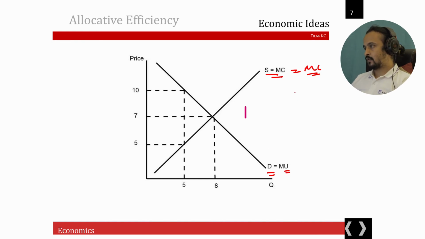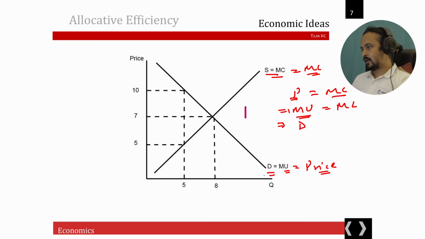So let's go back to the price equals MC equation again. Here marginal utility, or the demand curve, often represents the price the consumers are willing to pay. So the price can be replaced by the marginal utility here, and similarly marginal cost remains the same. So marginal utility can further be replaced by demand, as we have outlined here that demand equals marginal utility, and similarly marginal cost can be replaced by supply.